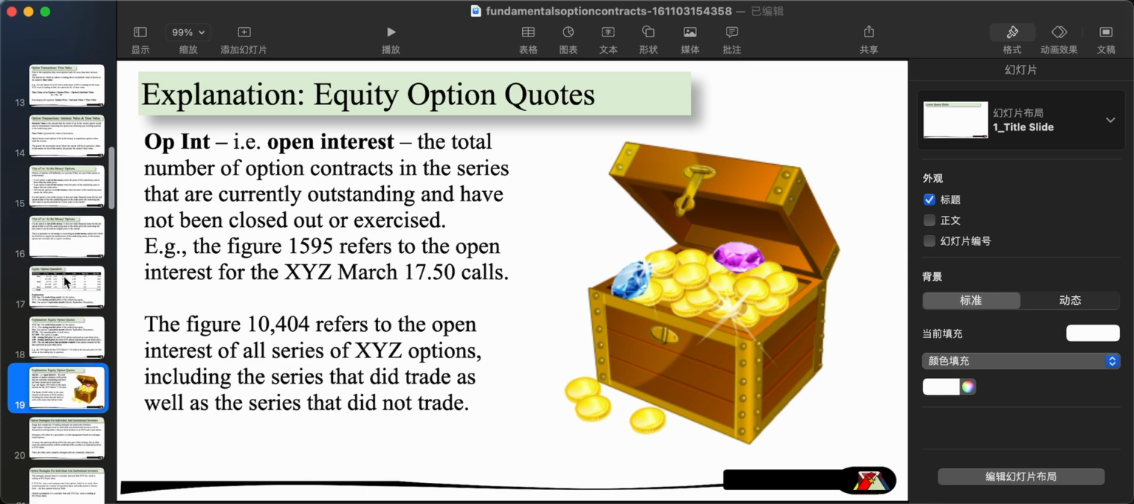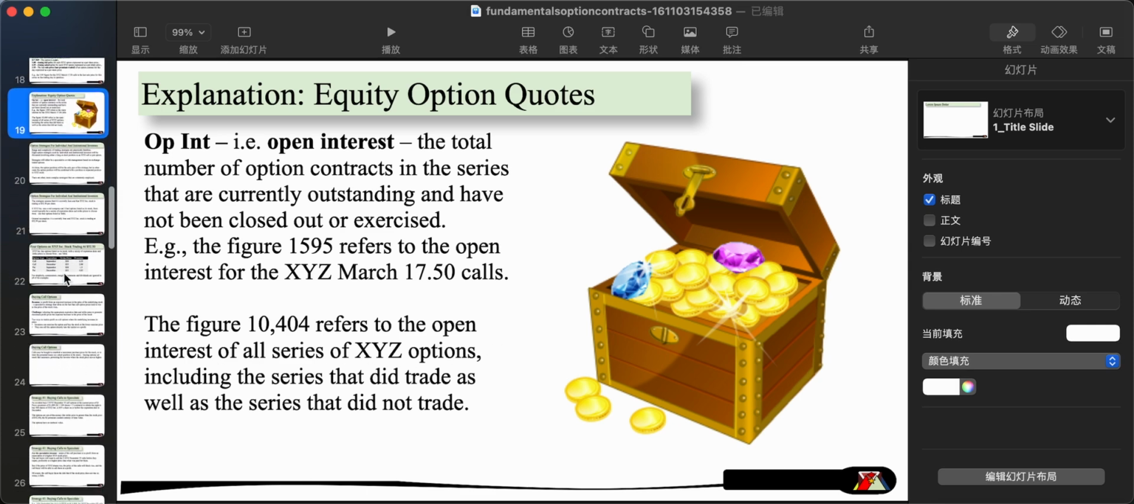So, more about equity option quotes. You see the OPINT, which stands for the open interest. Open interest means the total number of option contracts in the series that are currently outstanding and have not been closed out or exercised. So it kind of shows you the option flow. It shows you how many options actually exist in the market, which is a very useful indicator. For example, the figure 1595 refers to the open interest for the XYZ March